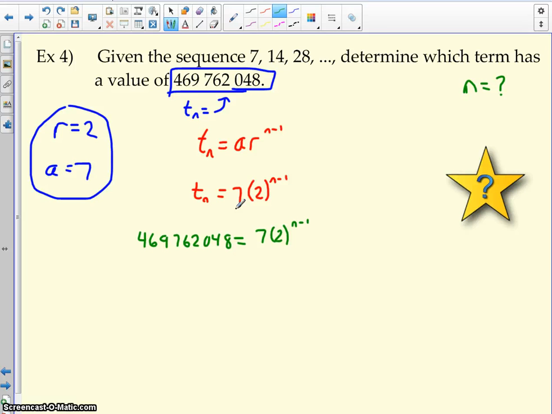Now, if you're a little bit rusty on those, remember that to solve an exponential equation, you need to put both sides of the equation under a single power with the same base. So I don't have a single power right now on the right side. I have a 2 to the n minus 1, but that 7 is in the way. So the first thing I'm going to do is divide both sides of the equation by 7. Okay, so the right side of my equation is now 2 to the n minus 1, and the left side is now, once I do that division,